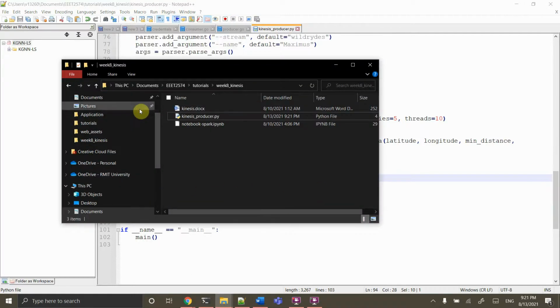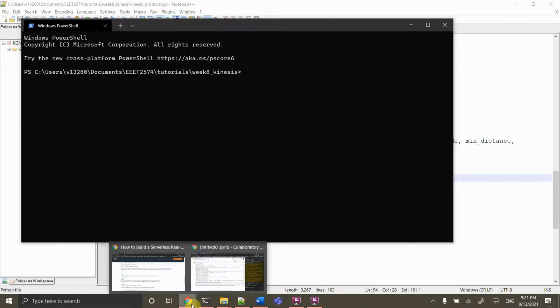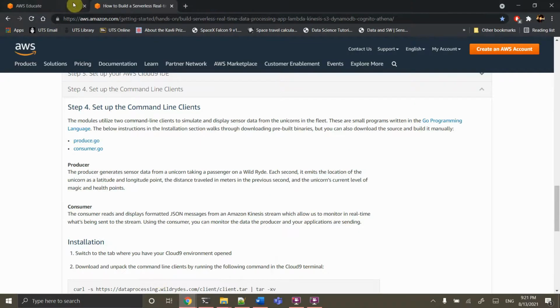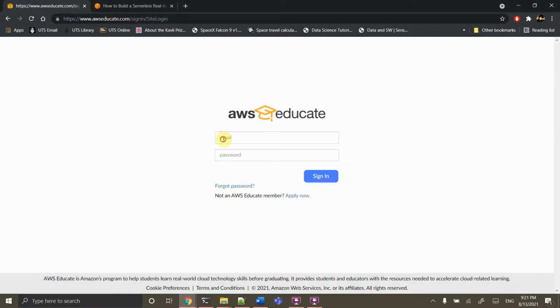Now let me just try to show you guys how we are going to connect to AWS first. So to begin, please sign into AWS Educate. Feel free to do this on your own AWS account if you want to. This whole tutorial might cost you maybe maximum $2,